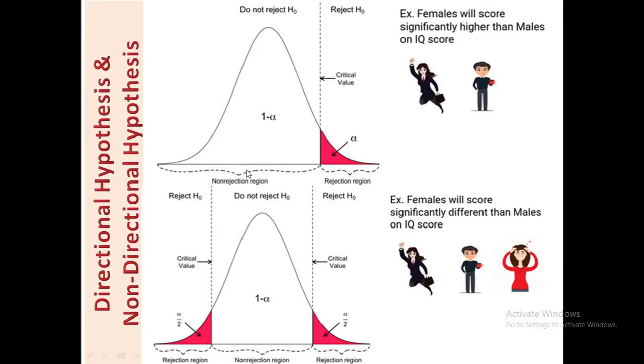Now, as we know, Z score and T score both measure the difference of mean. Z test is a statistical way of testing a hypothesis when either we know the population variance or we do not know the population variance, but our sample size is large enough, that is more than 30. If we have a sample size of less than 30 and do not know the population variance, then we must use a t-test. So let's try to understand the concept of Z value and T value through this example.